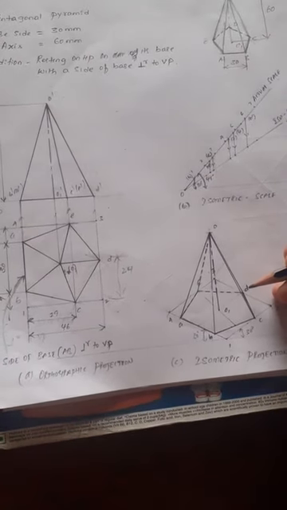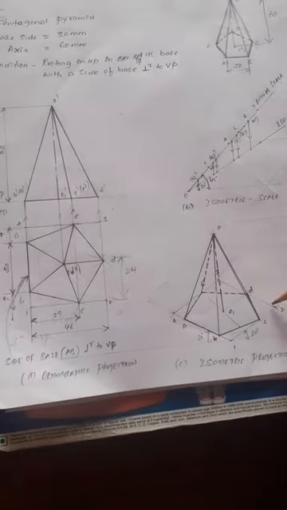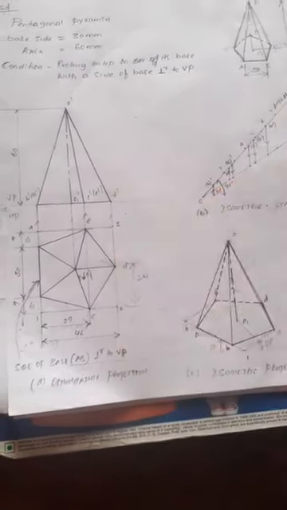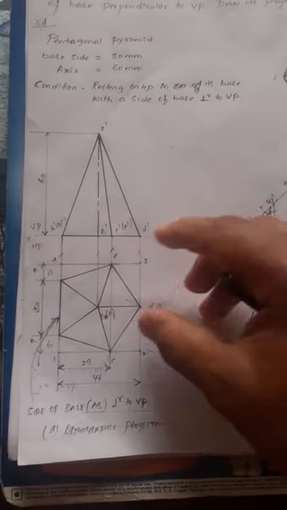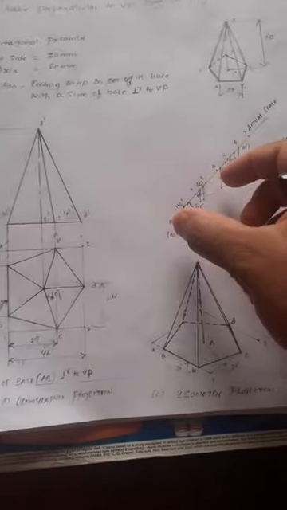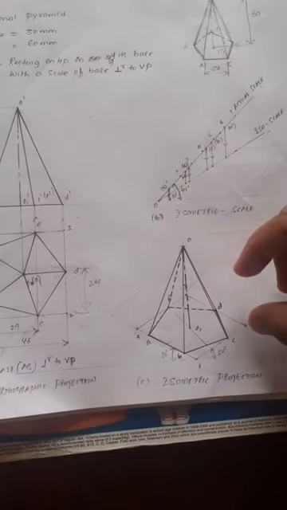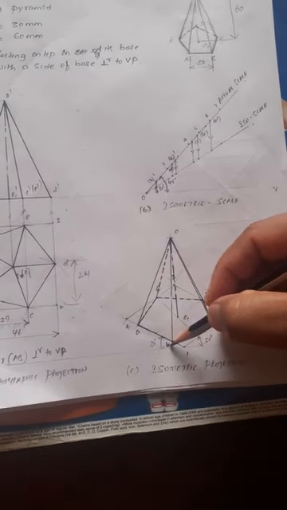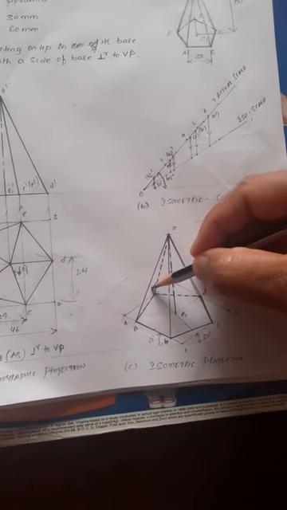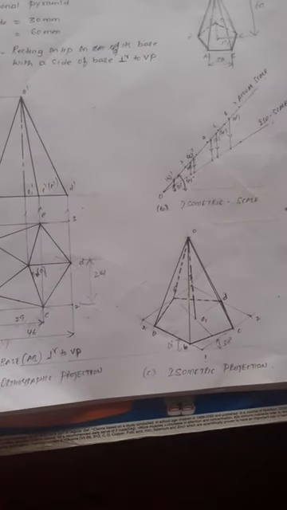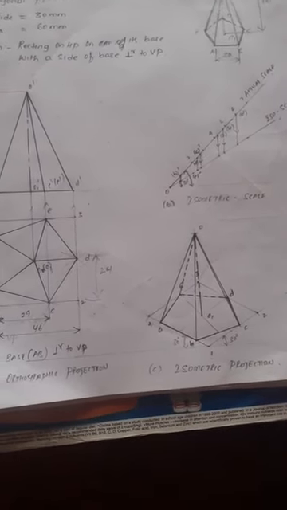Then the last one is how to get point D, which lies between 2 and 3. Now measure 2 to D, 24 mm, convert into iso 24, then with 2 as center, draw an arc. Now we will get A, B, C, D and E. This is the construction of the pentagonal lamina. In a similar way, you construct it.